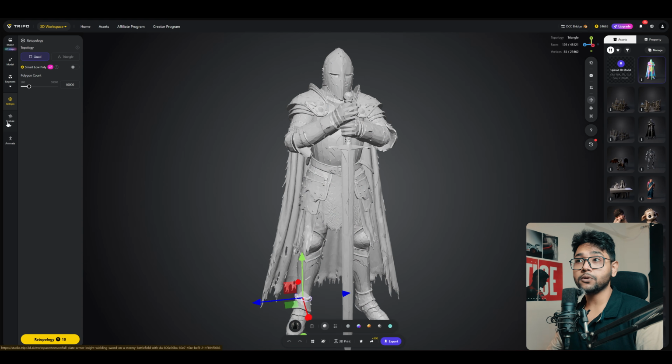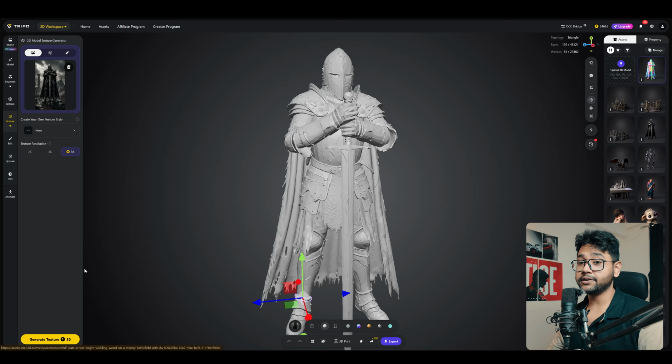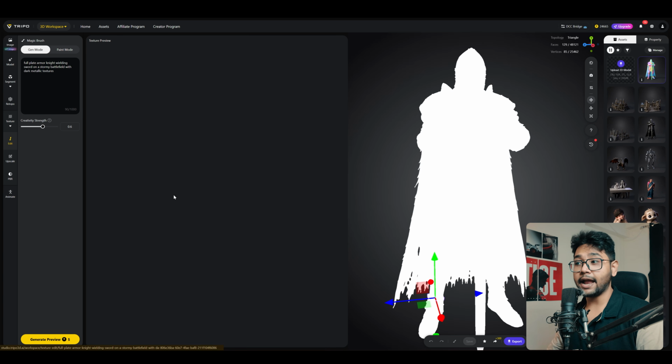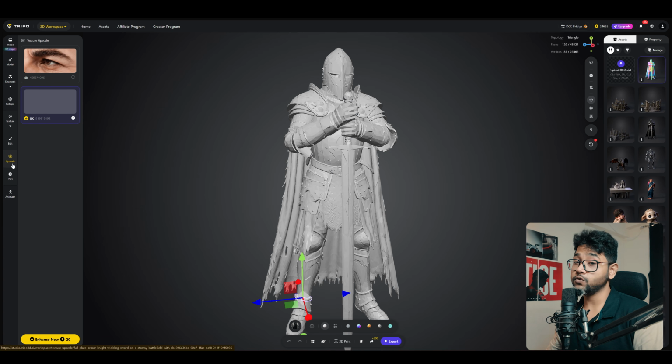Now there's an option called free topology. If you're not happy with the topology, you can actually retopo everything. Next one is the texture. Yes, if you want high quality texture on that gray model, you can generate the 3D textures as well. After that, edit. Yes, you can edit the model as well. Next one is upscaling. If you find your model looks super low quality, you can actually upscale the model as well. Just look at the difference, the 4K and the 8K textures, then the PBR materials, and last one, the armature, like animation.